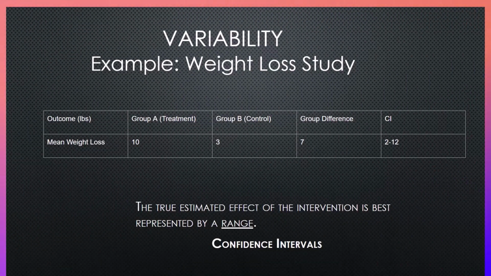To discuss variability in confidence intervals, we'll look at this simple example of a weight loss study. Here our treatment group has a mean weight loss of 10, our control of 3, making a group difference of positive 7, and we see our confidence interval being 2 to 12. The true estimated effect of the intervention is best represented by a range, that 2 to 12,